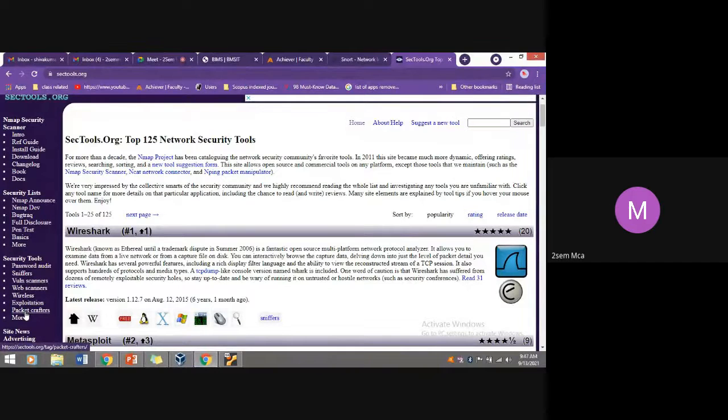One is the Nmap development site, pen test.